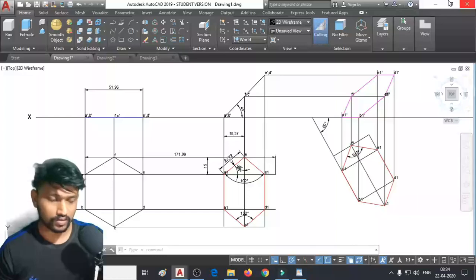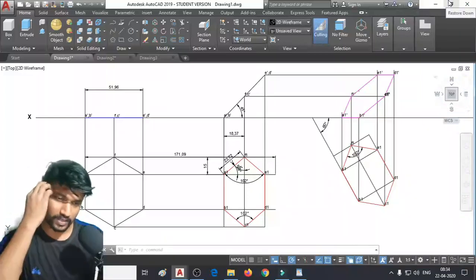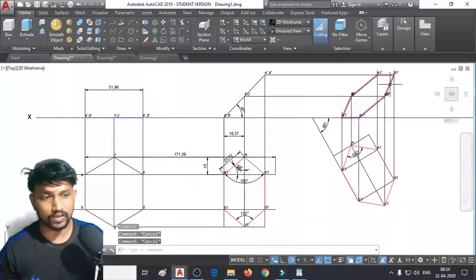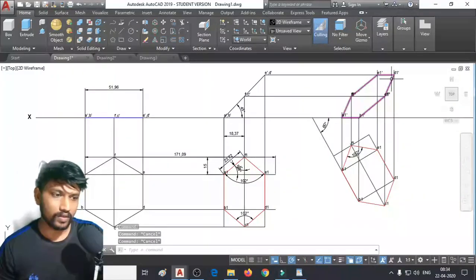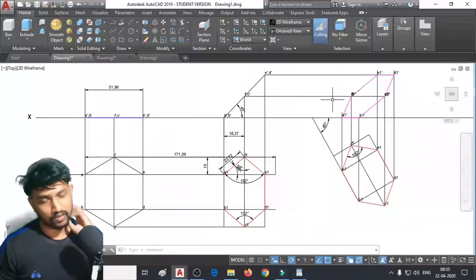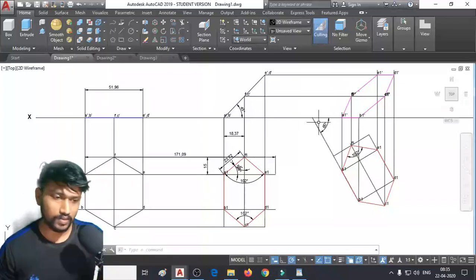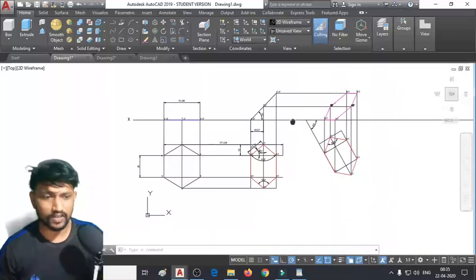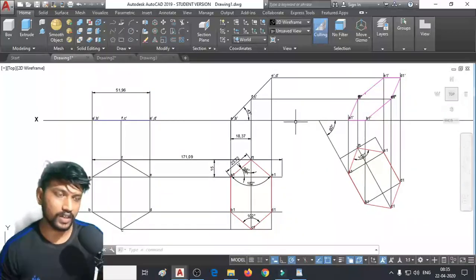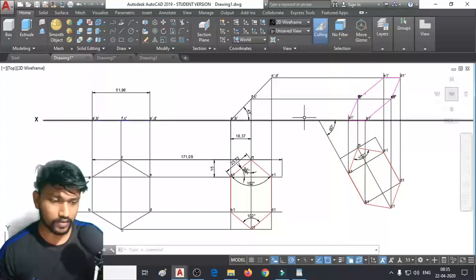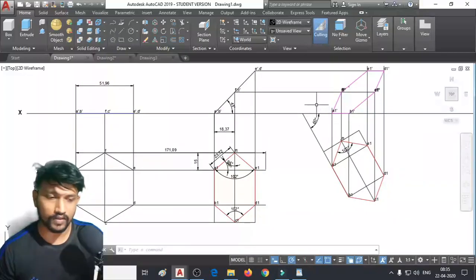Since I need to complete the third unit also, and at the same time complete the AutoCAD, since I'm still in the modeling stage, and of course I'm also explaining modeling modification tools. We will go to the layout section, and still we need to see a lot of topics. We need to cover a lot of topics. I don't think there will be much time left. If it is AutoCAD, I will stop with the solid editing commands, and then I'll go to the projections, how to convert an isometric view to an orthographic view, or how to get these orthographic projections.